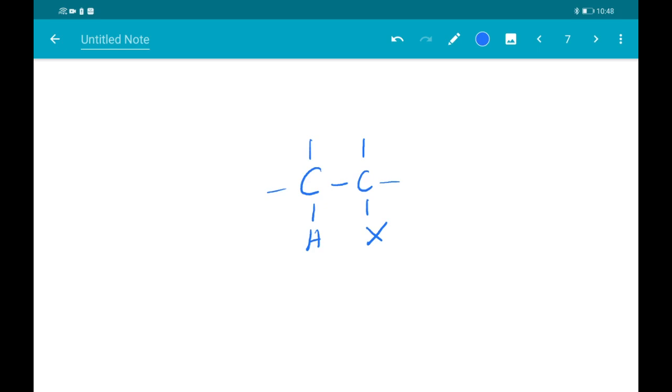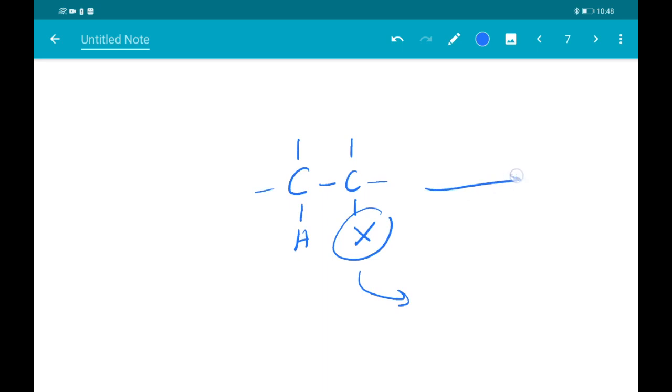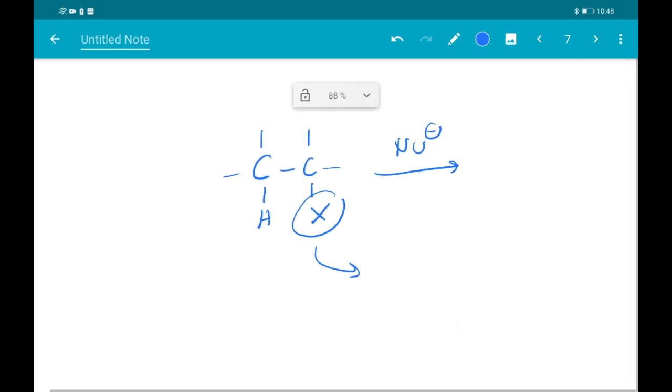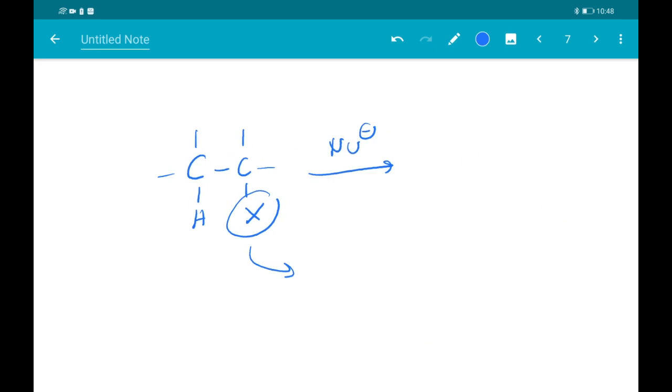First, we're going to replace the X with a nucleophile. So let's say if we have a nucleophile here, what's going to happen to the structure is the X will be eliminated, and